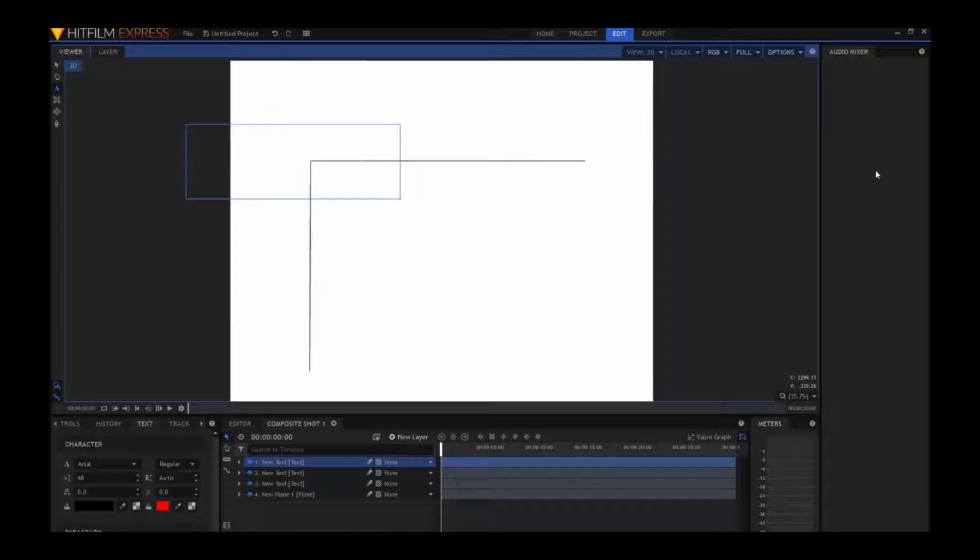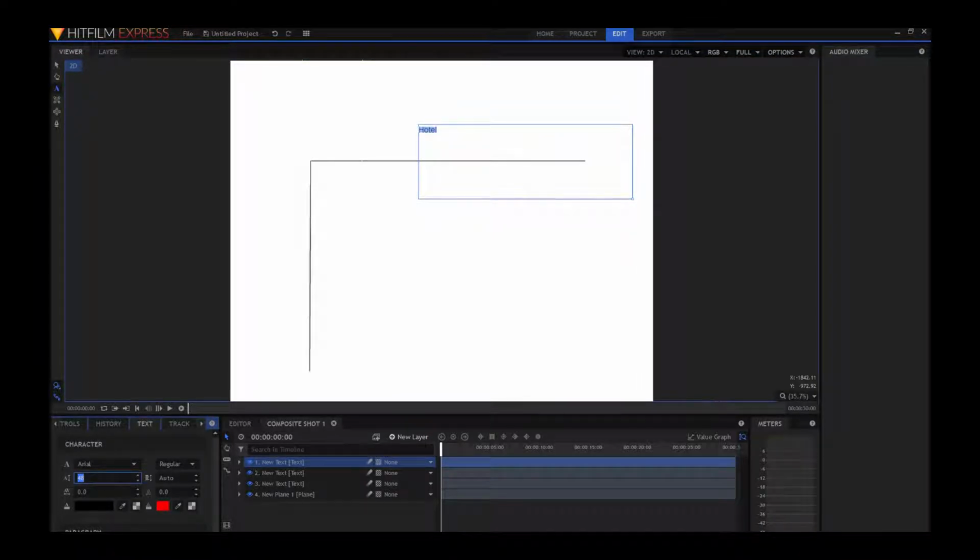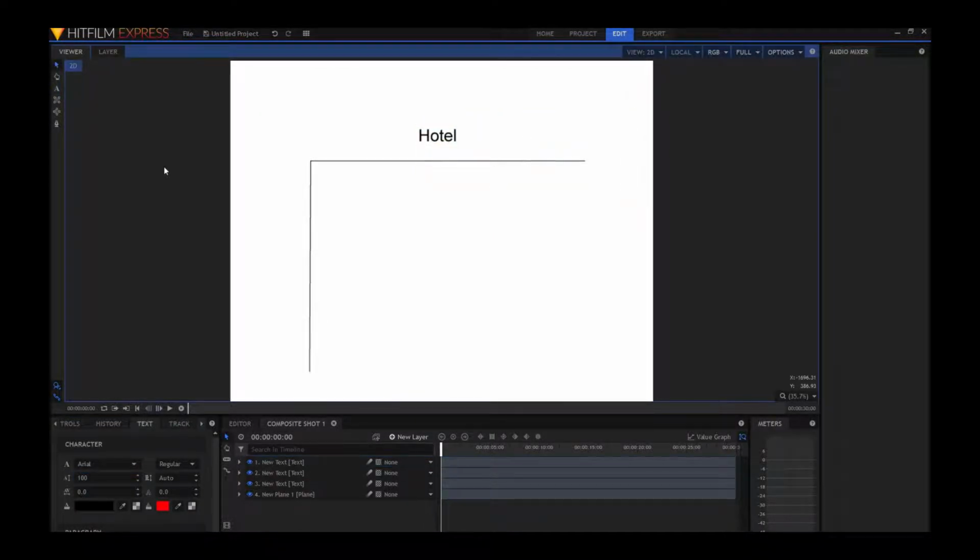And then I'll just put this. And I'm going to make this part bigger, but it completely depends on you. To make this part bigger, you're going to want to click down here. The default is set to 48. I'm going to change this to 100. Now, it's bigger.